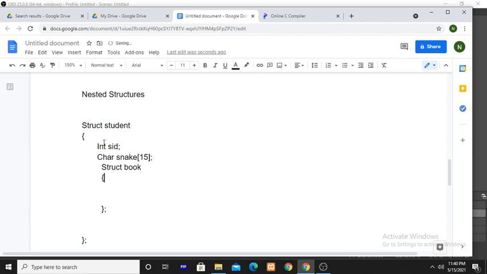And for the book structure, book name and book cost. You can use the int data type for book cost.